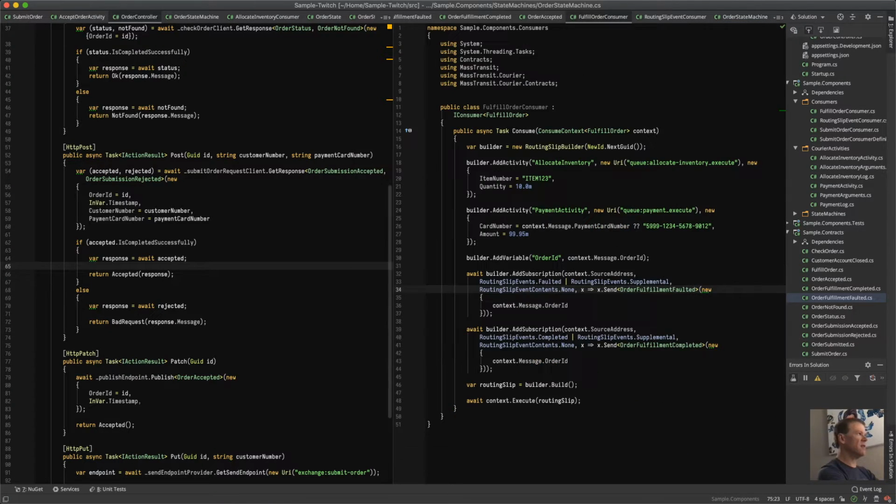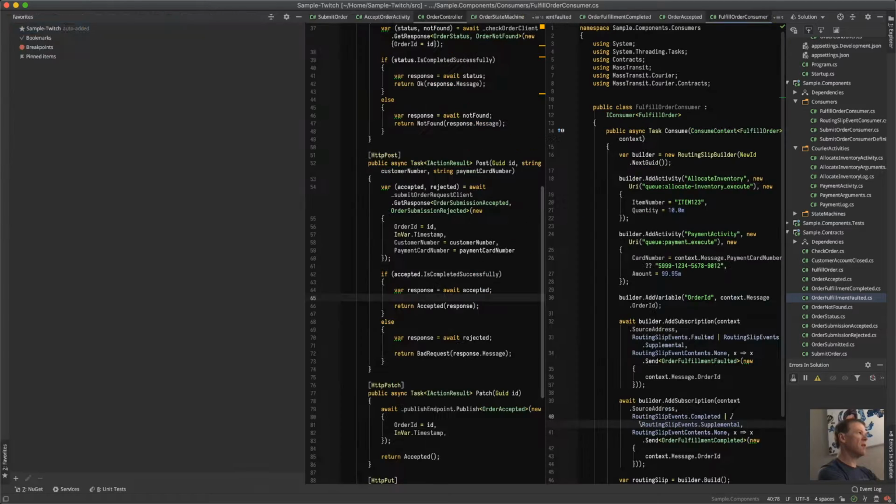We modified the fulfill order consumer so that we have the order fulfillment completed event. Sorry, it's early. Voice is still waking up. So we have the completed event. We've marked them both as supplementals, so the regular routing slip events will still publish, so we can get those tracking events published. And now, if I go and